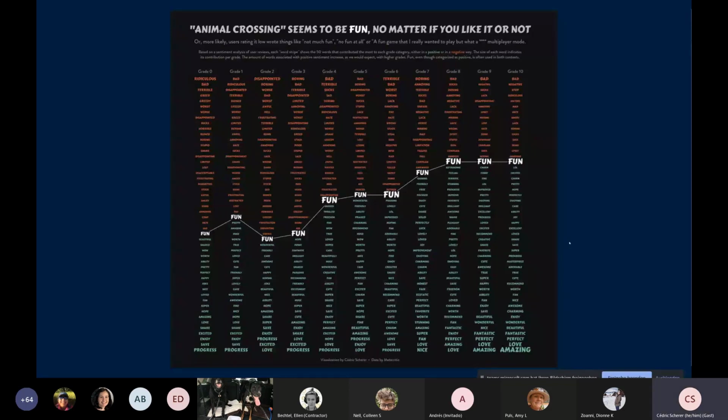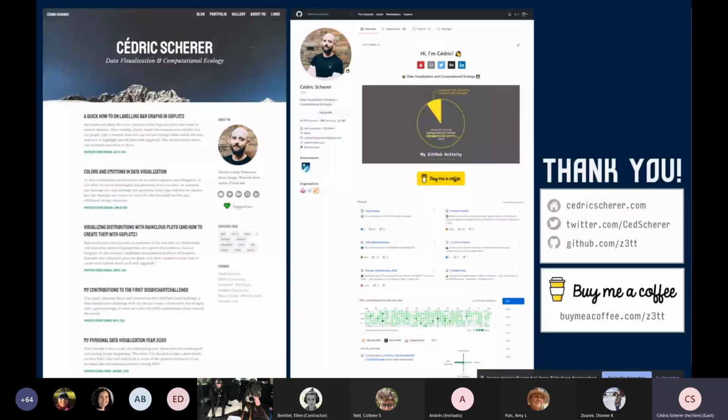And with this, I want to close. I want to point you to my blog, where you will find the mentioned blog posts about the ggplot tutorial if you want to know more about ggplot coding, or also about how to visualize distributions. And most of the code, as you have seen also for this talk, is available on my GitHub. With this, I want to thank you, and feel free to ask any questions.